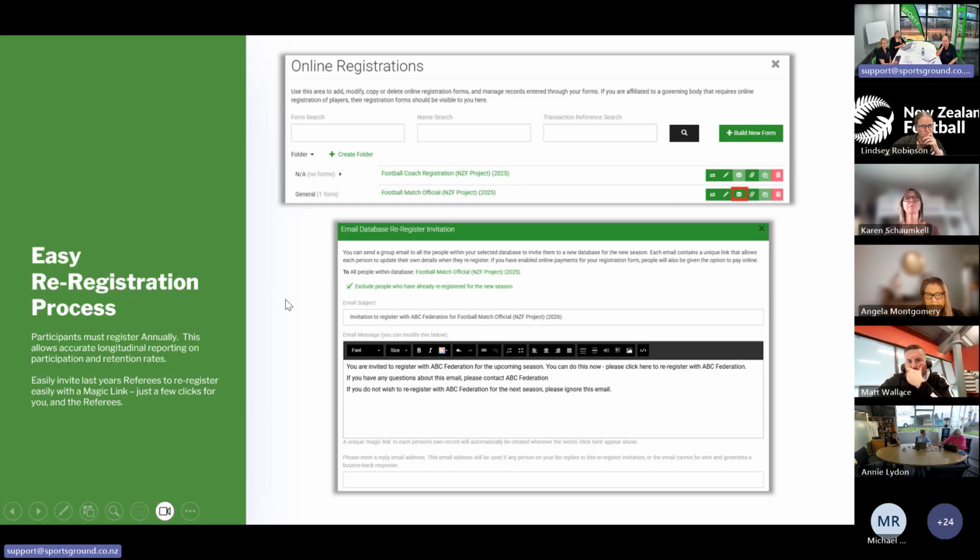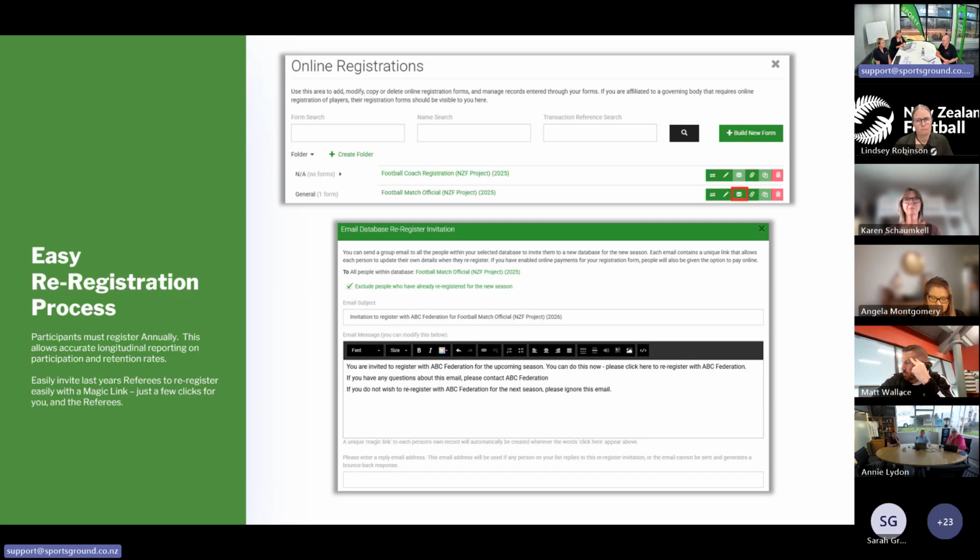So the starting point, as Mike mentioned, is that there will be a registration form for the referees. There will be a separate registration form for the football referees as well as the futsal referees. I understand there is some discussion in relation to that, and we will be bringing in the referee registrations from 2025 when the migration of the data comes through across from Comet into Sporty. So that's not there at the moment. That's not going to be there on the 1st of December. That will be there later in the month of December, and that's still to be confirmed as far as the actual dates as to when it's going to be visible.